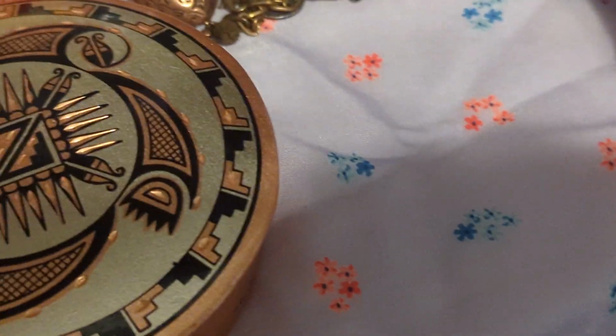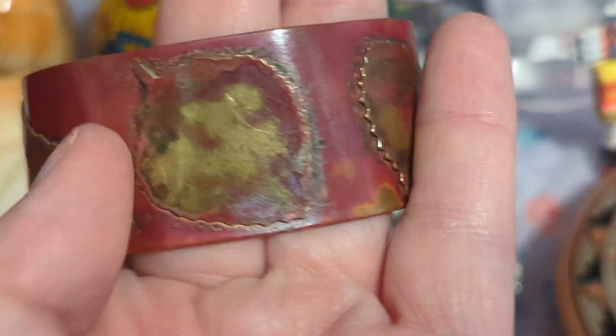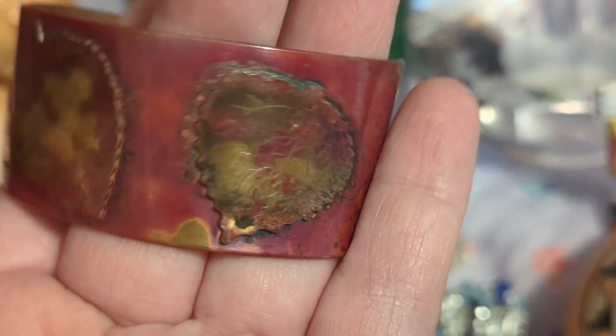So back here are two things that I'm keeping. The first is this amazing copper and enamel bangle cuff bracelet. There we go. It's got this really cool leaf design. I love the red. This is something that I collect, so I had to pick this one up for me,